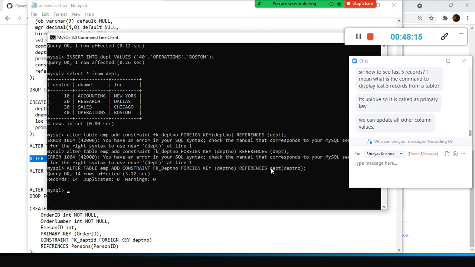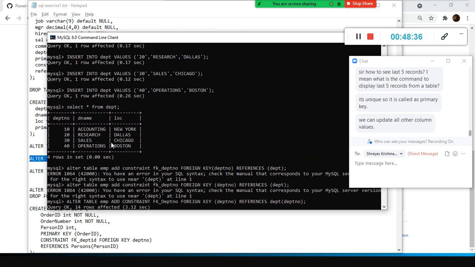See, they have given very good clarity here, right? In the employee table, department number is a foreign key. It references another table. If you say foreign key alone, it's not sufficient. Reference to which table? Maybe this department number will be there in another table also. Right? So you need to tell very clearly.